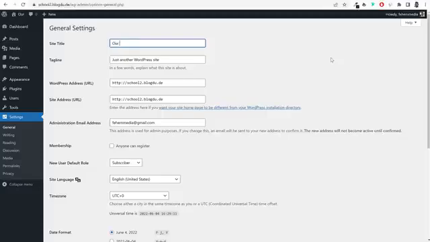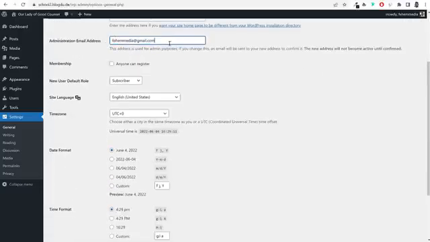For example, I'll type in Our Lady of Good Counsel. Maybe I'm creating a website for my school. Okay, so this is the school that I studied in, so I'll enter the school name. Now tagline. Tagline could be your school tagline. If your school has a tagline, you can enter that tagline, or primary school, secondary school in Mumbai, something like that. Okay, so enter things like that, and after that make sure your email address is correct over here, and